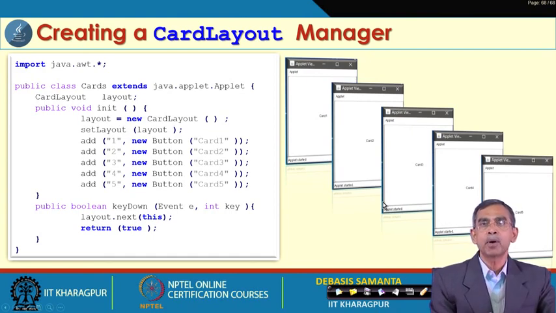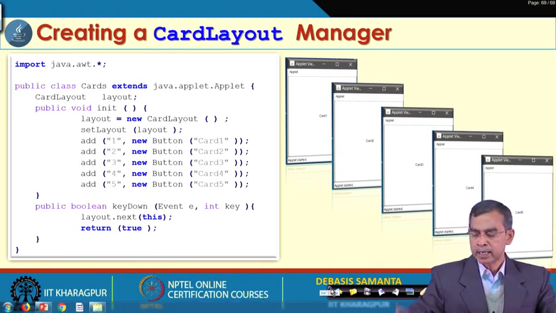So, it basically pops up, that means the different cards will pop up, and then you can display them. This card can contain a few images or some other elements. So, different cards can be planned to give different facilities to your user. So, this is the way the card layout manager can be designed and decided.